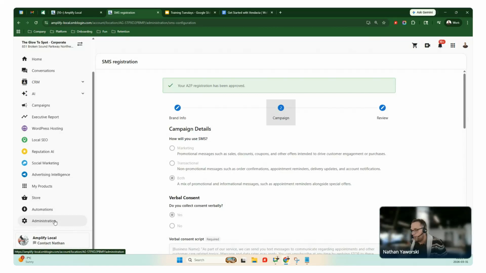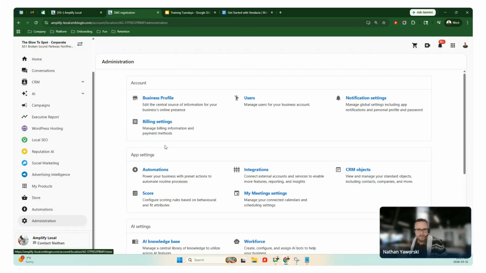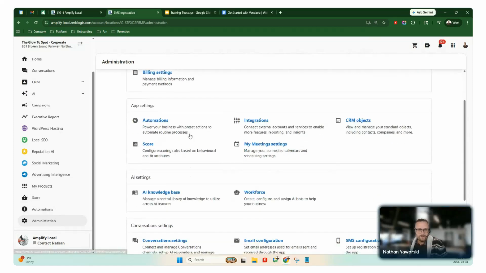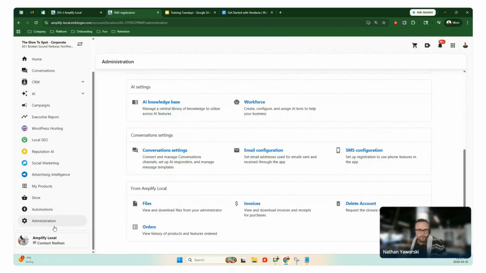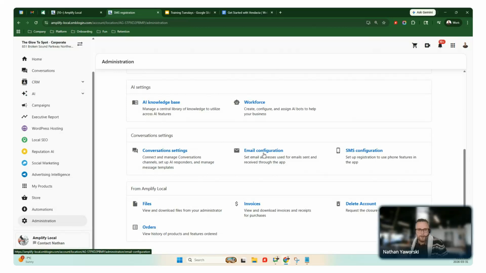The last piece of boring housekeeping I'm going to talk a little bit about is email domains. So when you're sending emails from the platform, what you're going to want to do for your clients, and I guess for yourself as well in Partner Center if you are using these email functionalities, is you're going to want to go to the email configuration screen. Now in Partner Center, you may remember that looks like going to marketing and then clicking on email settings. For business app users in here, for the clients you're working with, that's going to live in administration and email